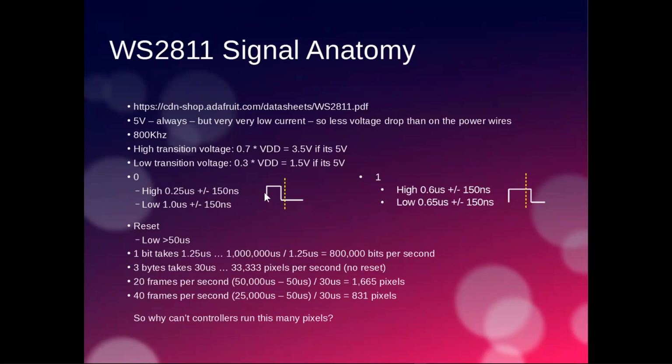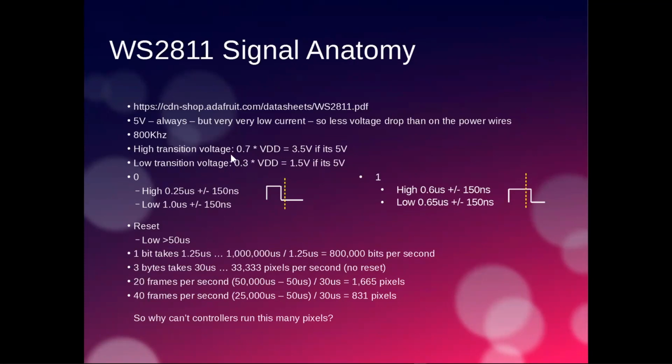The signal's a square wave, as I show here. And this rise at the beginning here is the critical factor. This rise has to rise to at least 0.7 of the voltage. So if there's 5 volts being provided to the chip, then this voltage has to rise to at least 3.5 volts in order for the chip to trigger and think that it's going to get a signal. If it never reaches 3.5 volts, the 2811 chip will just sit there and not receive any signal, even though your controller is trying to drive it. And a number of the failure scenarios we'll see today are as a result of it not getting to that